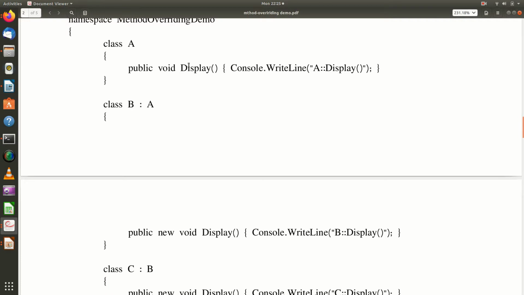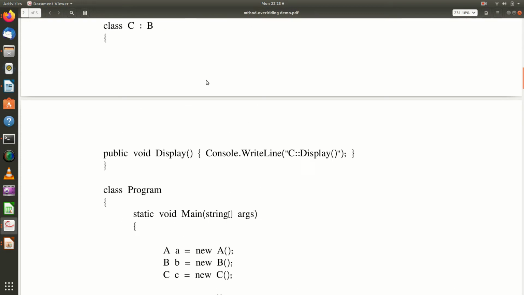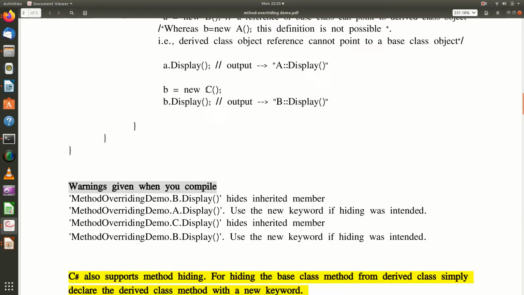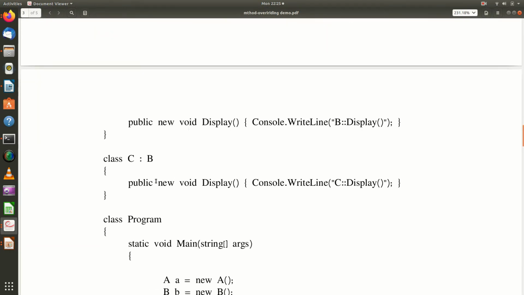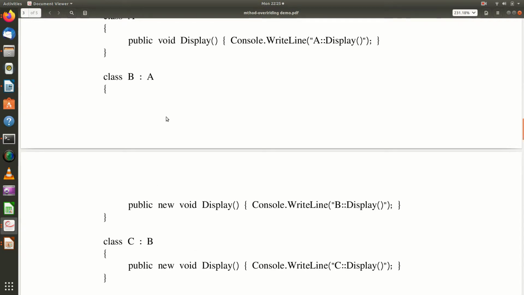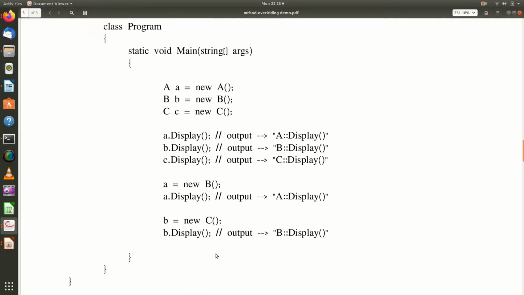To hide this method, actually it is hidden, but it is giving you some warning message. So to overcome that, declare this as the new method. In the derived class, declare the method as new method.